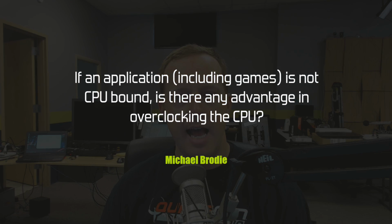Michael Brody asks, if an application, including games, is not CPU bound, is there any advantage in overclocking the CPU? So that's interesting. The easy answer is no, right? If it's not CPU bound, then improving the performance of your CPU would not give you a performance advantage in